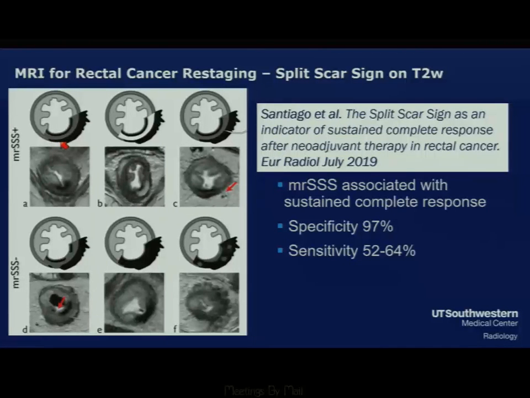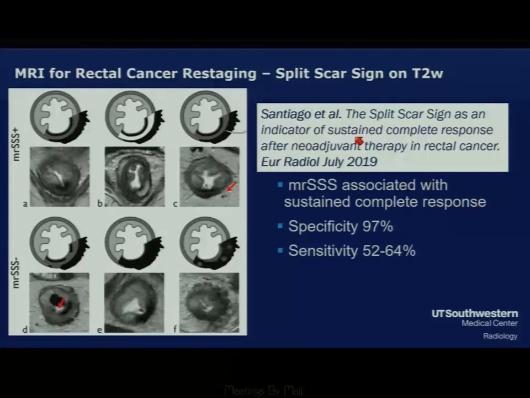Just briefly, basically what they're saying is on post-chemoradiation T2-weighted images, if you have a dark line along the inner margin of the tumor and along the outer margin of the tumor with very homogeneous intermediate signal intensity centrally or very bright signal intensity centrally without disruption of the inner or outer margins, this is a good sign. This is what they call the split scar sign, and this they showed had association of, it was 97% specific for complete response compared to